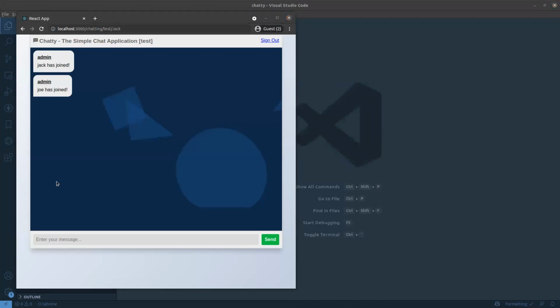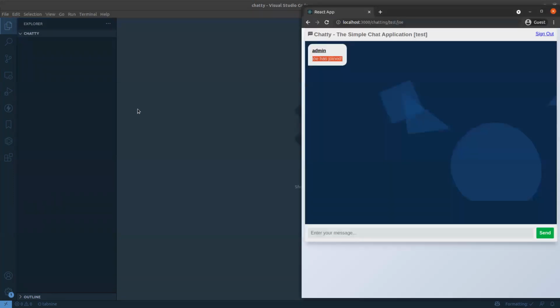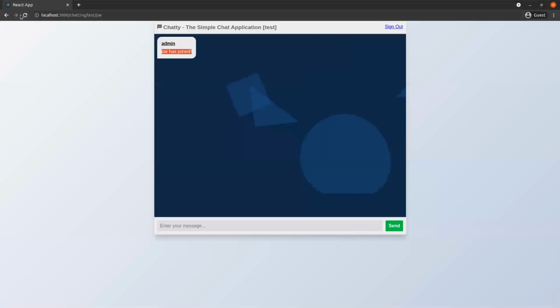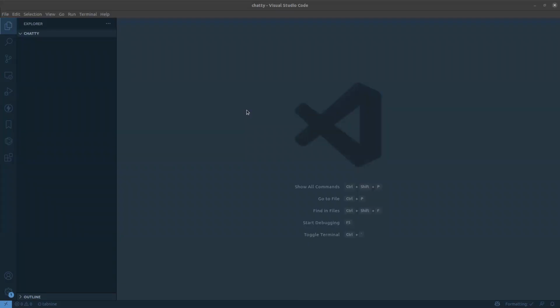Before that, I'm closing all those things. So this is a blank editor. I already gave this chat application a name, chatting. That name just came to my mind, like we can give some name to the application. So I gave it chatty.